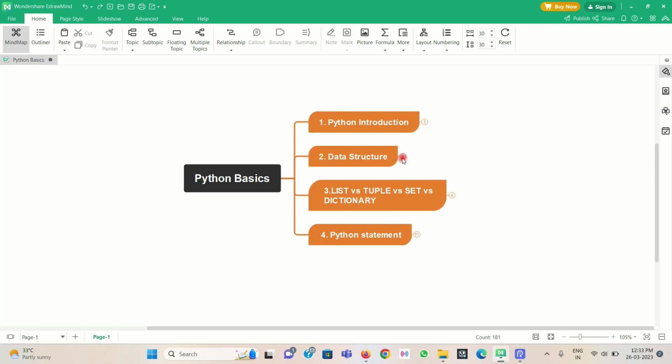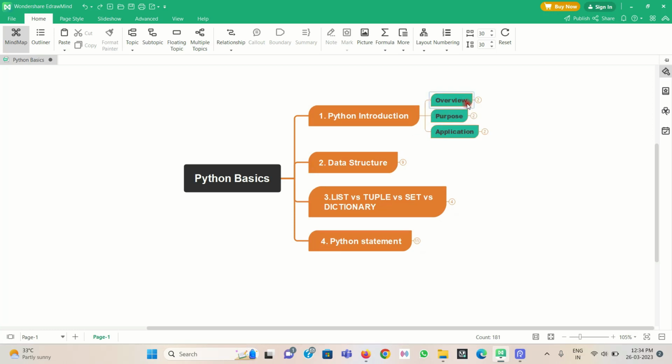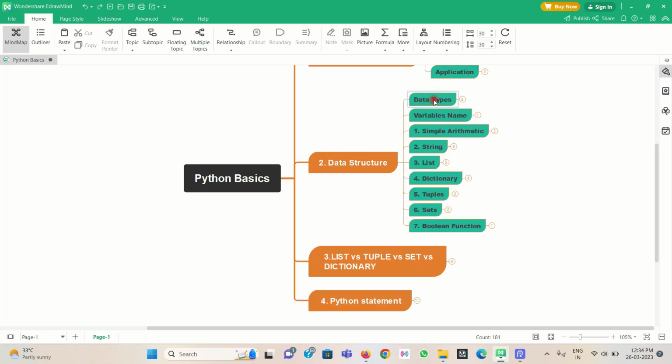Now go to the video. We already discussed the Python introduction, an overview of Python, the purpose of Python, and the applications of Python. I give the link of that video at the top of this video. You can watch it. After that we discussed the various data structures and data types we have in Python, and the rules for variable names. Now today we are going to discuss